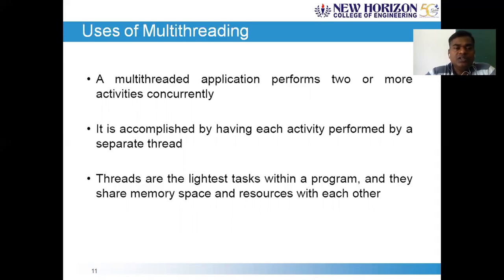As a conclusion, multi-threading is a lightweight process. Multitasking is a heavyweight task or heavyweight process. In multi-threading, threads share the address space and there is a fast context switch, so it is relatively faster compared to multitasking.